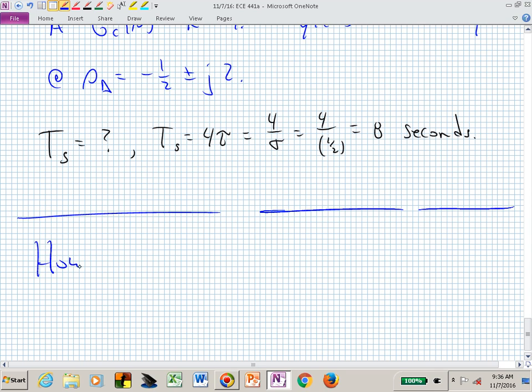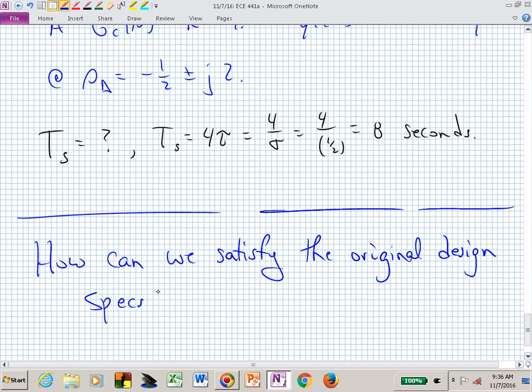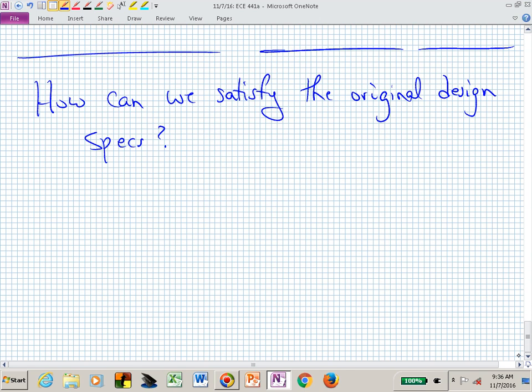And now the question is, how can we satisfy the original design specs? Well, we obviously have to really bend that root locus from what we have right now. So we need to drastically change or modify